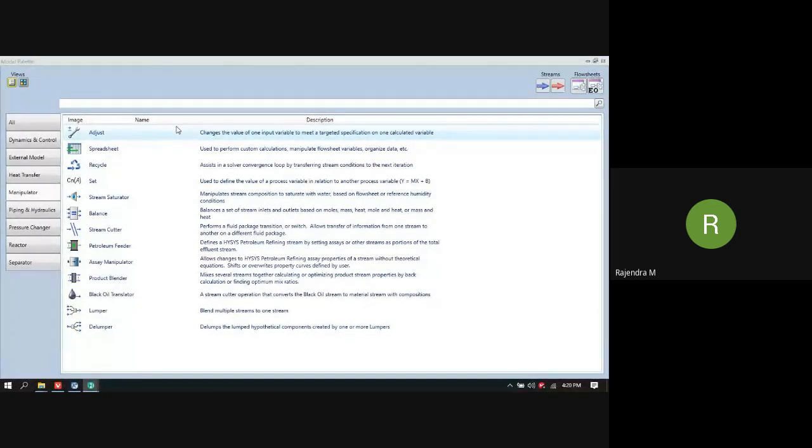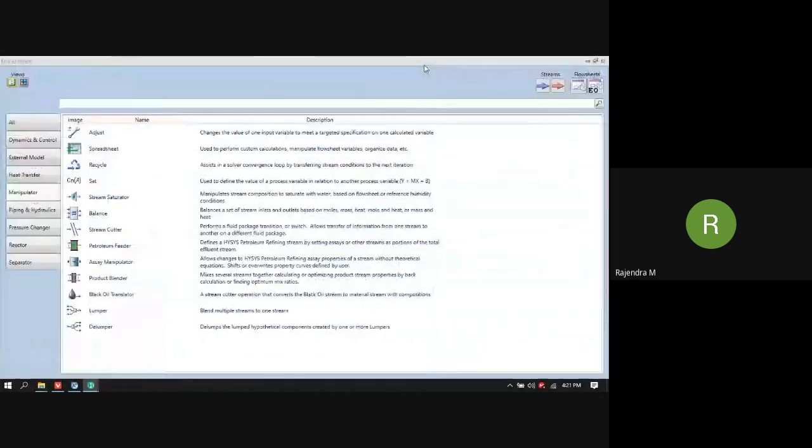There is something special we have to tell the HYSYS software as well as Plus software, that this stream is recycle, and we have to do the material balance as per the recycle stream. Okay, it's not just simply input and output. There will be a recycle of the material, and when you do the recycle of the material, we have to specify which stream is recycle.